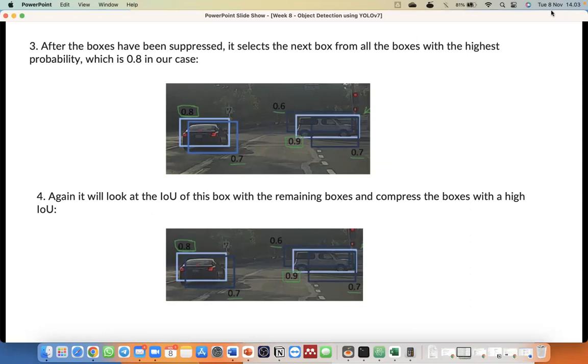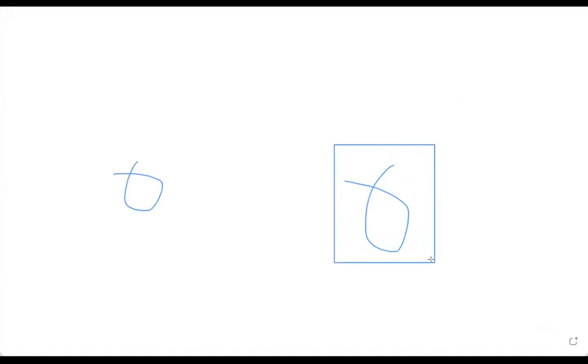So let me draw something here. Okay, so we have an object in this position. This is the object that we want to detect, and this is also the object that we want to detect. So the first one, I have the bounding box in this area. So let's assume that this is the bounding box with PC equal 0.95.